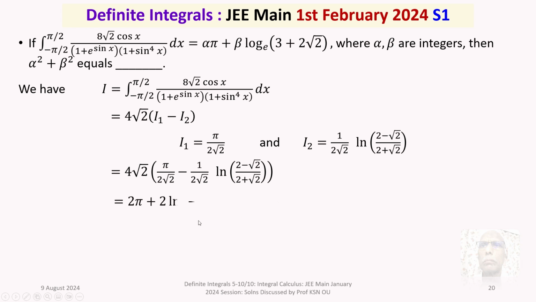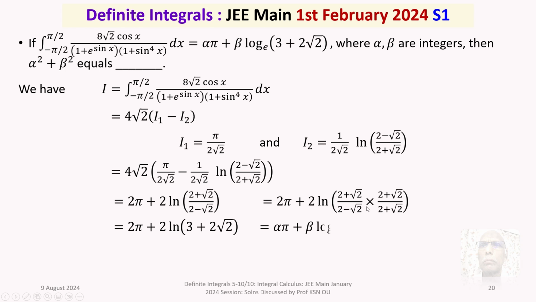And that will be equal to, minus has become plus, 4 root 2 by 2 root 2 is 2, 2 pi. 4 root 2 by 2 root 2 is 2. This minus has become plus 2, and this is reverted: 2 plus ln of (2 plus root 2) by (2 minus root 2). Now rationalize the denominator. Then simplify. You will get 2 pi plus 2 ln of, after simplification you get, 3 plus 2 root 2,